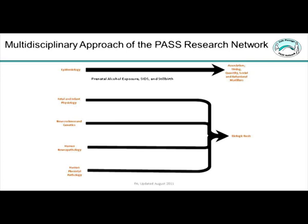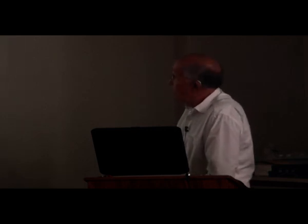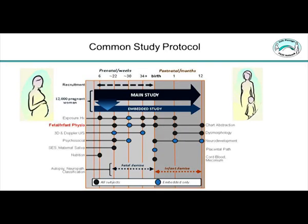Basically, we had a multidisciplinary approach to look at the role of alcohol on SIDS and stillbirths as our main outcome, and we looked at different parts of the information like physiology, genetics, and pathology, and we approached it on a biological basis. Now, coming to this part, we also record the fetal heart rate as part of the fetal physiology,